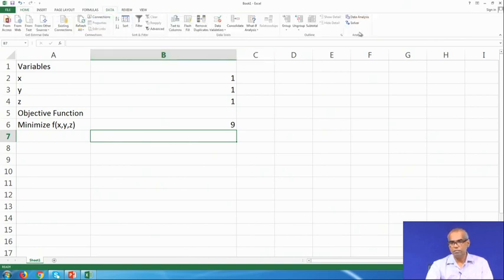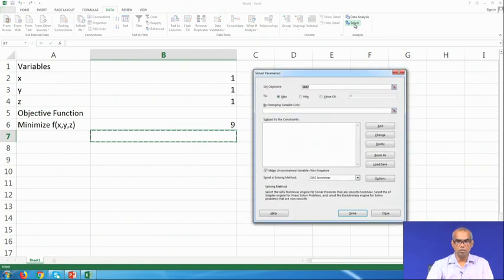Click on the Data tab, click on Solver. Set Objective: click on the Set Objective cell, click on B6, which contains the objective function. We are minimizing, so click on Min. By Changing Variable Cells, we are now changing x, y and z.